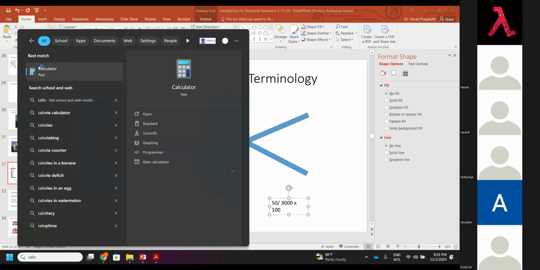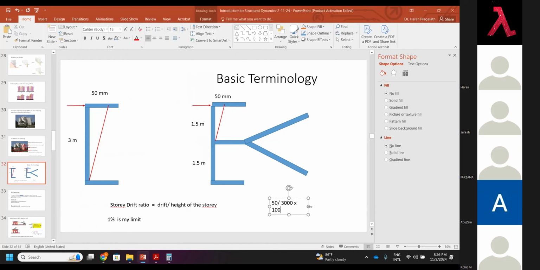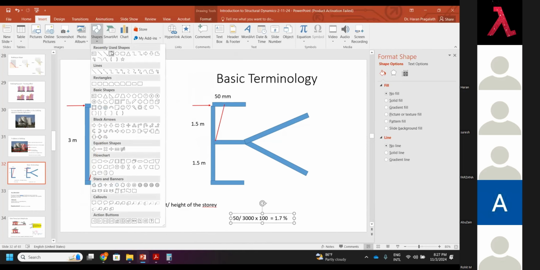So I'll come here, 50 divided by 3000 into 100. So my drift is coming here. This one, first one I'm getting here, 1.7 percentage. So my drift is 1.7 percentage here. Okay, but in this case, when we see this problem,